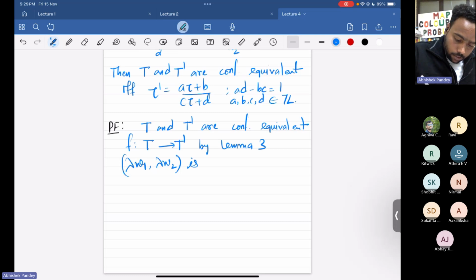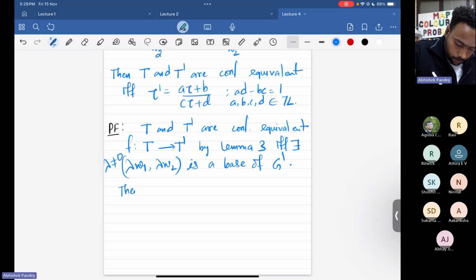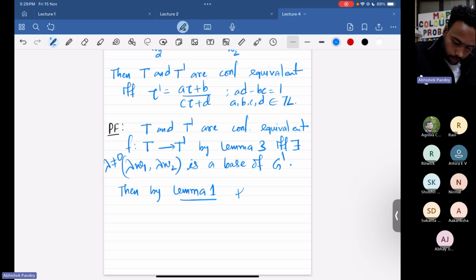So by lemma 3, this is if and only if there exists lambda non-zero, such that lambda w1 and lambda w2 is a base of G dash. And then by lemma 1, this happens